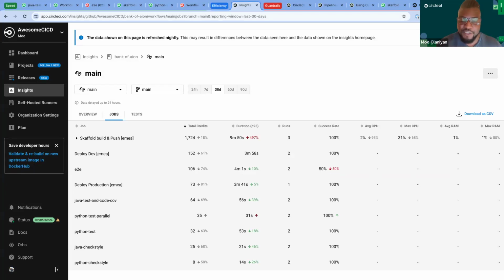We want to think about efficiency, right? For example, if you have a job that seems to be taking a long time and you check and see, hey, it's actually maxing out the CPU and RAM, you can go ahead and bump up that resource class and, as a result, save time on your builds, right? More power, hopefully, will run things a lot faster. But the opposite is also true, right? We can really get efficient with our execution environments and either parallelize work or scale resources back if we notice that a particular job isn't as resource intensive as we initially expected. Pretty much, we give you more than enough data to really fine tune your environment on CircleCI.